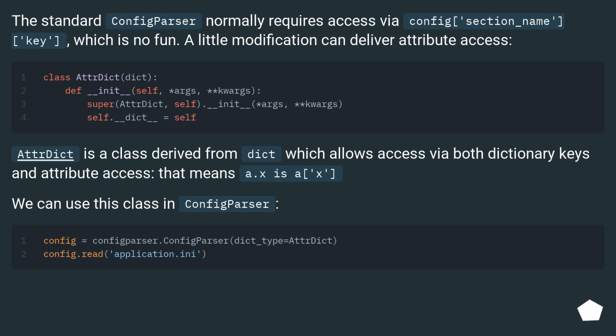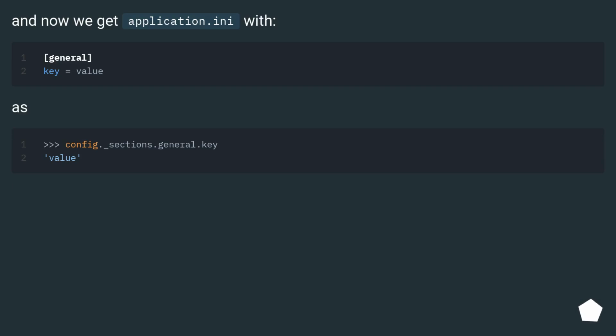Attribute is a class derived from dict which allows access via both dictionary keys and attribute access. That means a.x is a['x']. We can use this class in ConfigParser. And now we get application.ini with as